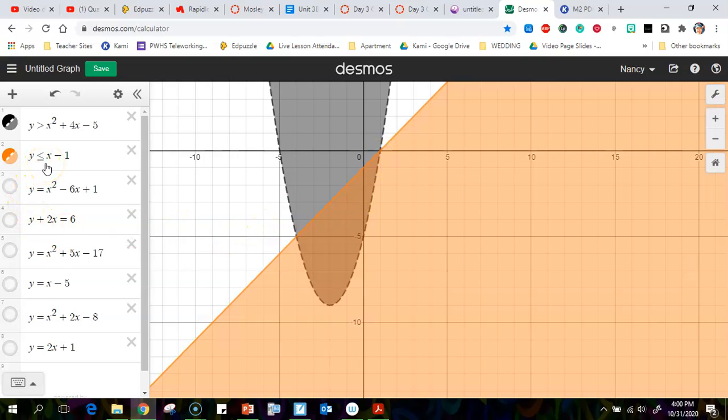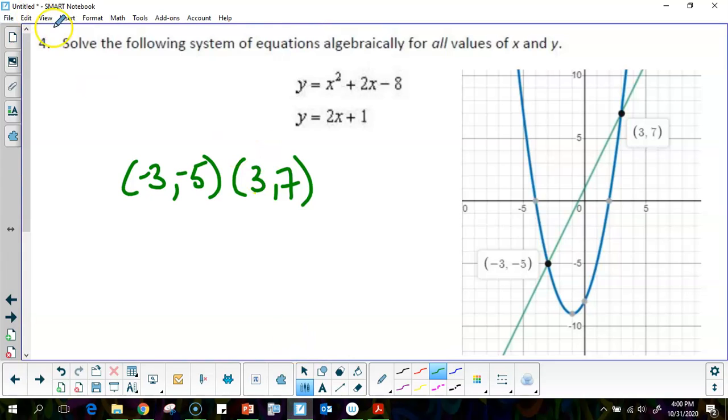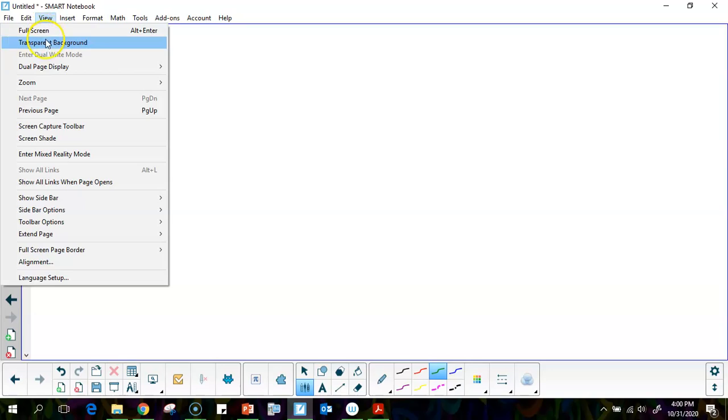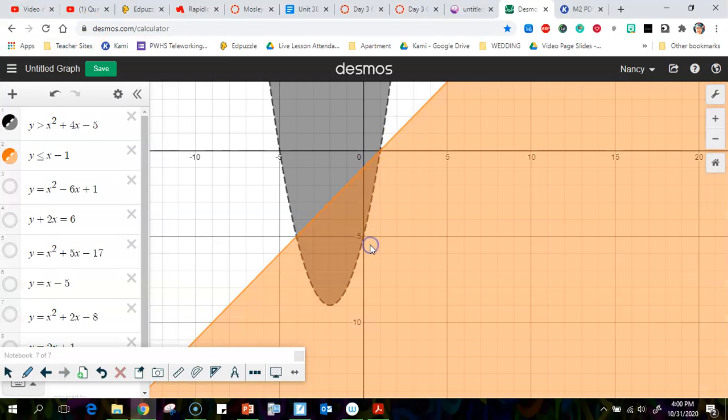Okay, so what I'm looking for here, if this is a system of equations, I'm looking for everything that is, give me 1 second because I want to make this so I can draw on that graph. Okay. So if I'm doing a system of inequalities, which is what this would be called, okay, this would be a system